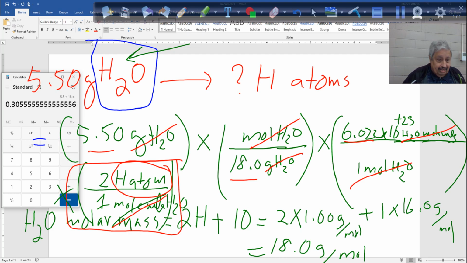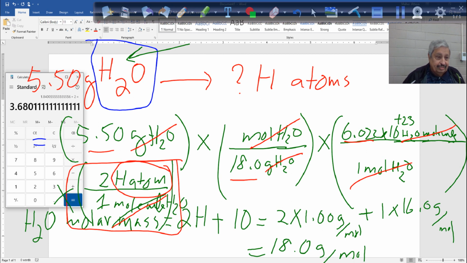And then multiply it by 6.022. Leave the power alone. Don't touch the power, correct? And then multiply the whole thing by 2, correct? Multiply by 2. The answer is 3.6